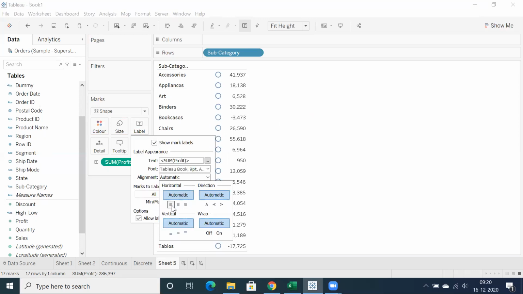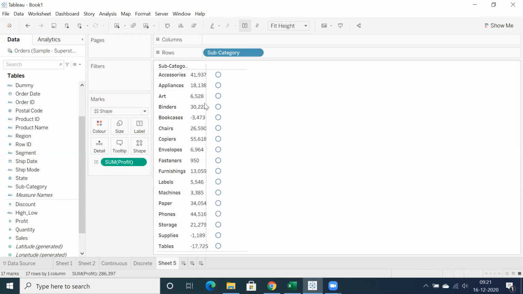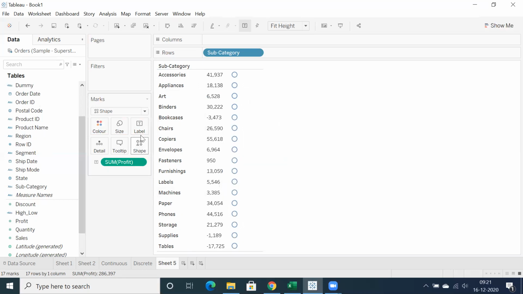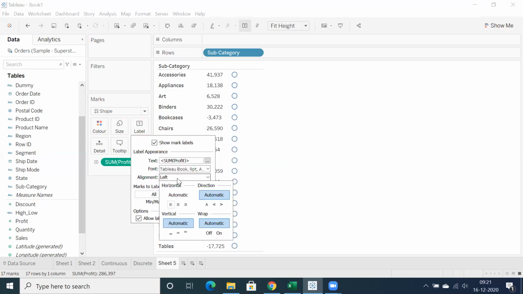If you want to showcase the text value on the right side or left side, you have that much space, so you are wasting some part of space if you use this approach, but that's okay. This is also good. I will tell you when it is going to help.